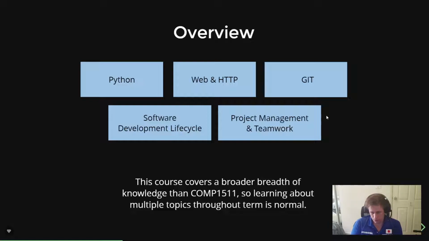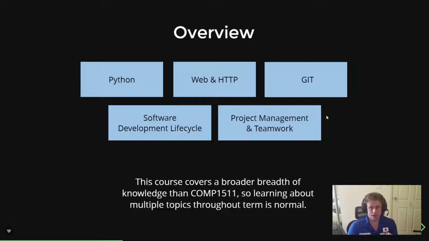So contrary to 1511, which I'm just using because for many of you it's one of the main courses you've done, it's quite similar in that it's an introductory course, but one thing that's different is we cover quite a wide array of topics. So rather than spending many weeks focusing on just C, we have to take it up a step and focus on about 5 different things. And we do so in a kind of interlaced fashion.